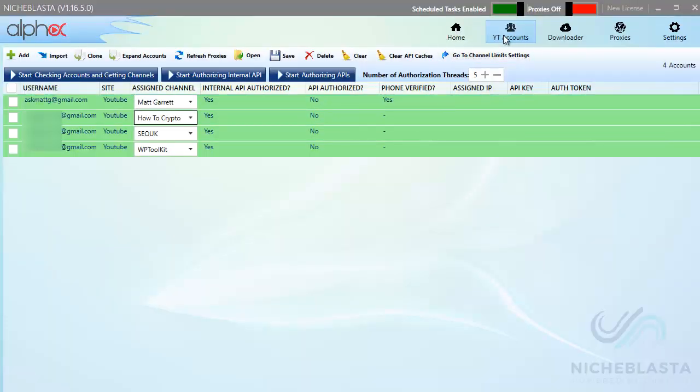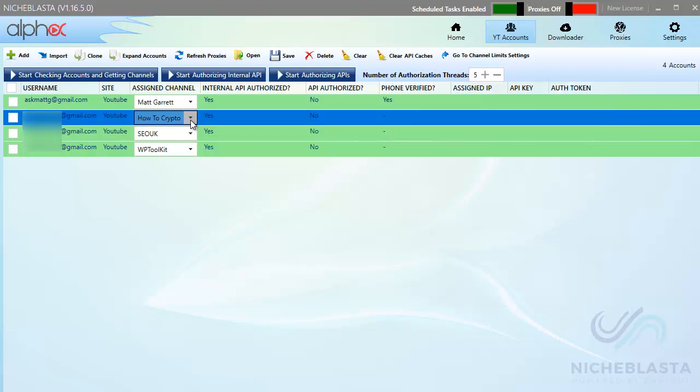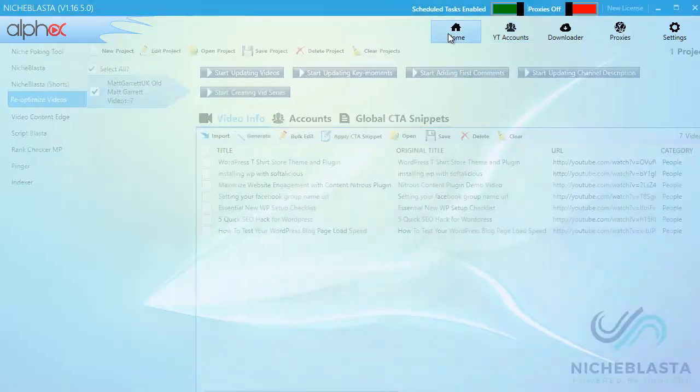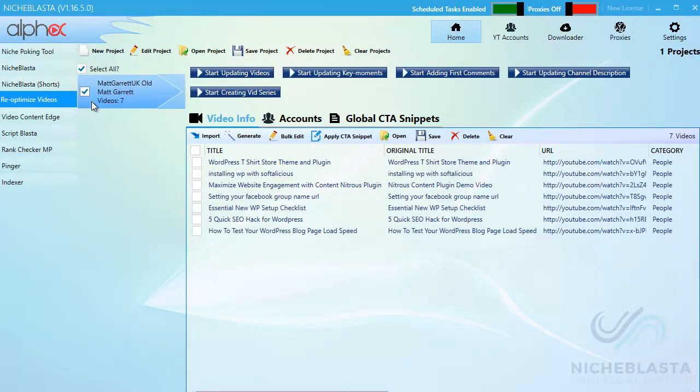First of all, you go to YouTube accounts and add your Google accounts. If you have any accounts that have more than one channel, then they'll appear on the drop-down list, so you can work with one specific channel or you can add all of them. Now, there is a limit on the front end for just 10 channels in total, but that should meet more than most people's needs. Then we head over to the Home tab and go to the Reoptimize Videos option here,